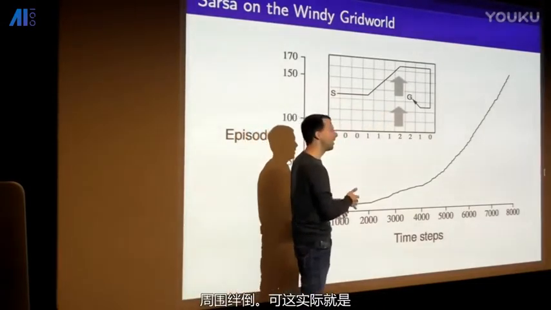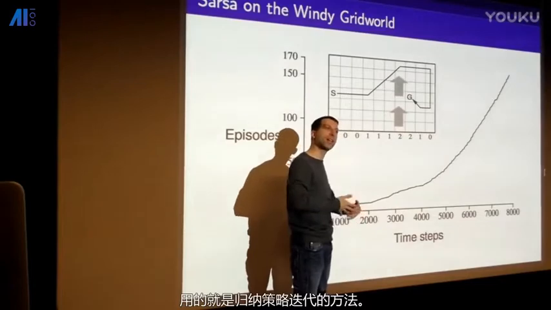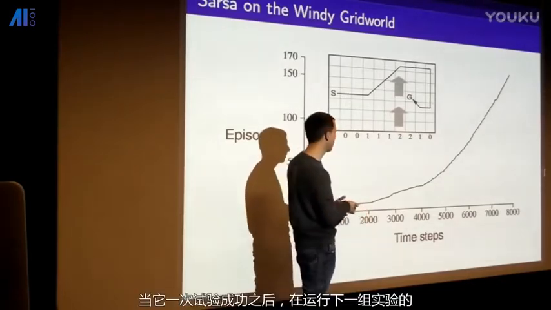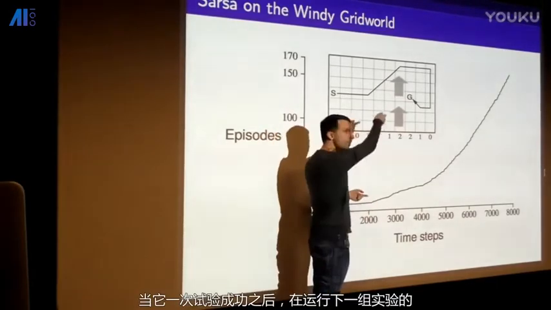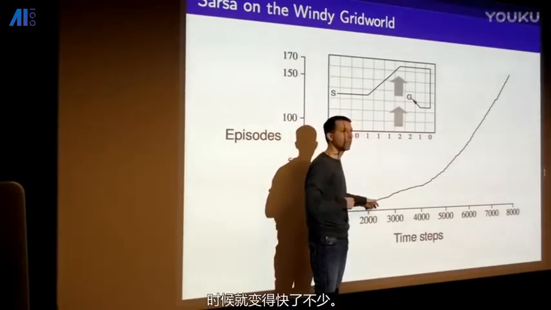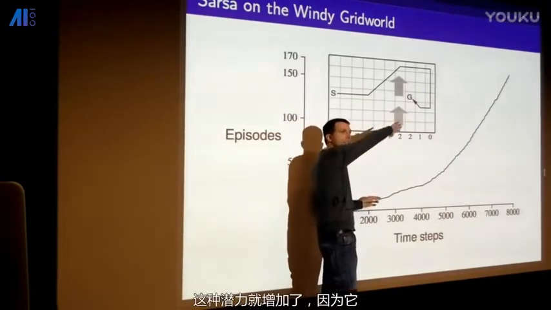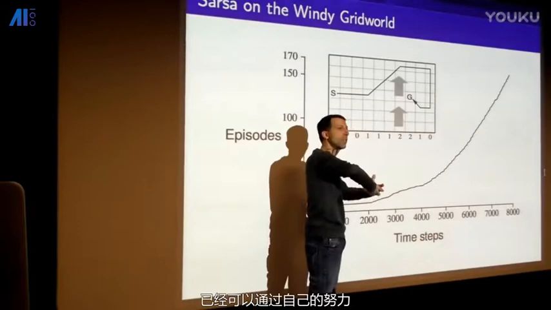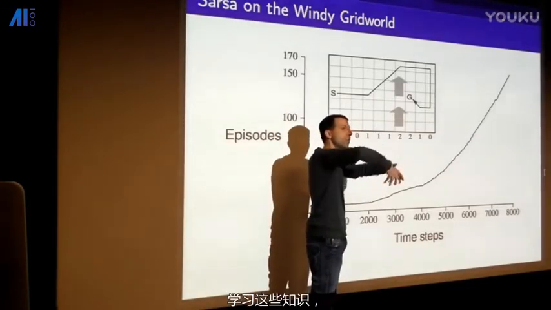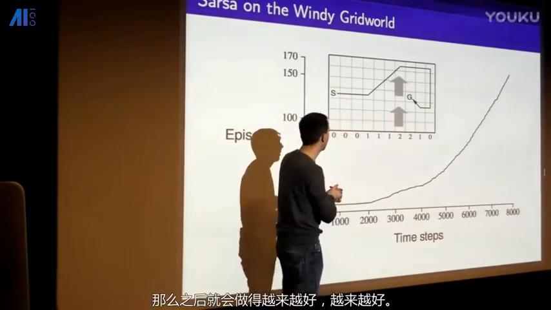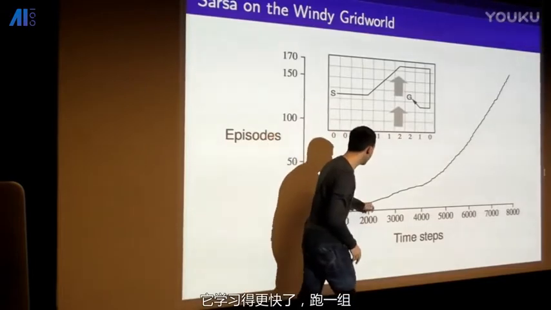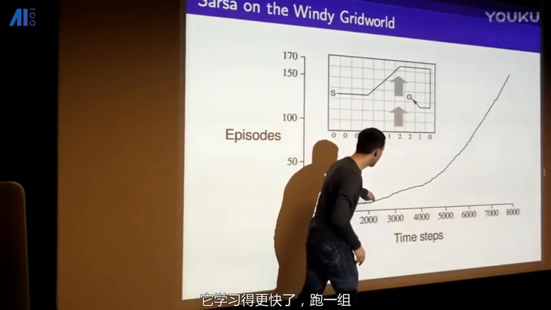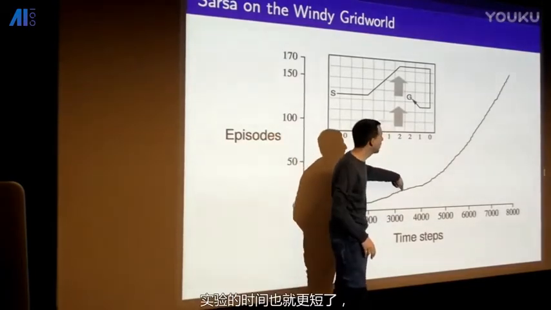But when it does, and this is really typical of reinforcement learning and these generalized policy iteration algorithms, the very next episode it does much, much faster, and you get these exponential increases, because once it learns some knowledge, it can bootstrap from that knowledge and do better and better as it starts to learn things. So it immediately learns faster and starts to complete episodes at a much faster rate now, until